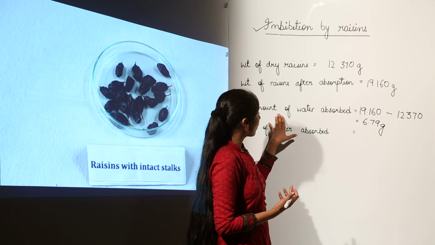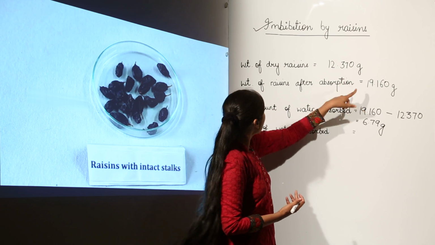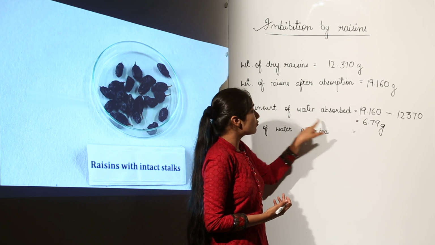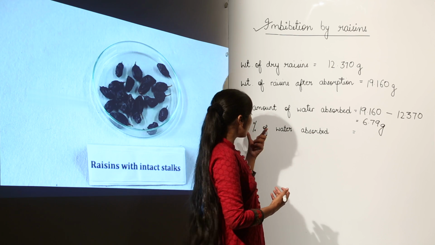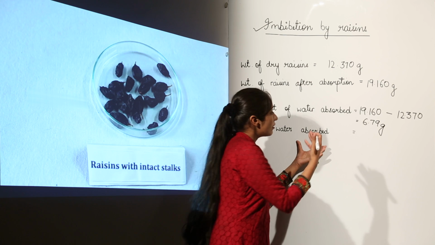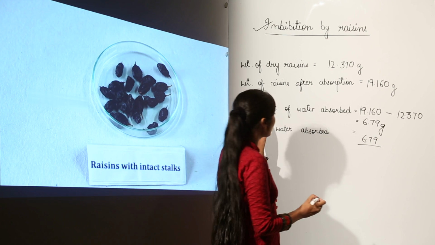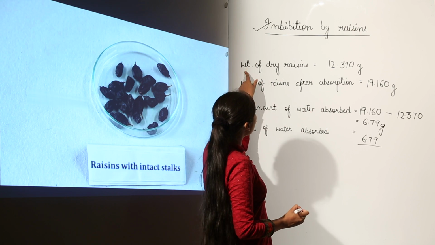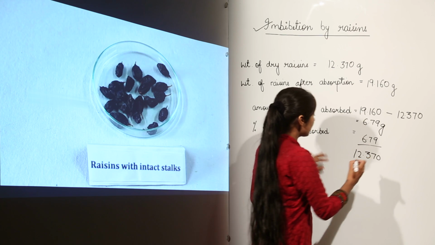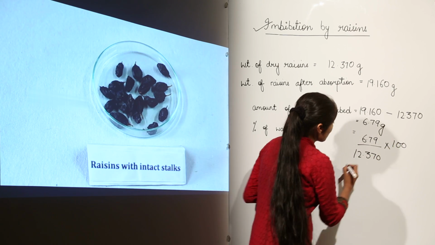Remember how we have calculated? We have the weight of raisins after absorption minus the weight of dry raisins. By this method you can find out the amount of water absorbed. Now, when you need to find out the percentage of water absorbed, that is water absorbed in terms of percentage, we will find it out this way: 6.79, that is the amount of water absorbed, upon the weight of dry raisins, that is 12.370, and since we are finding the percentage, into 100. This comes out to be